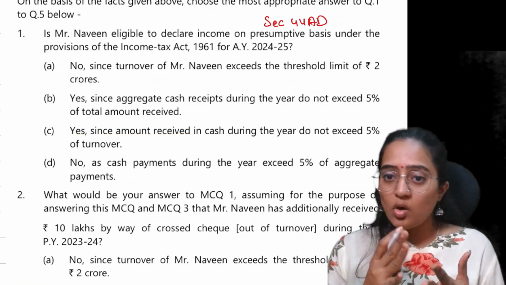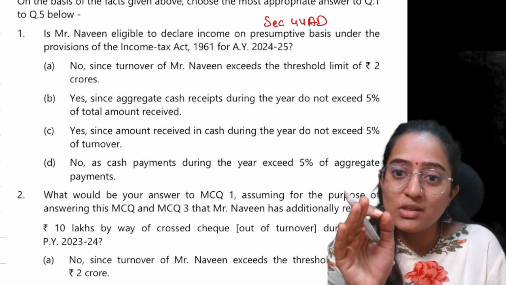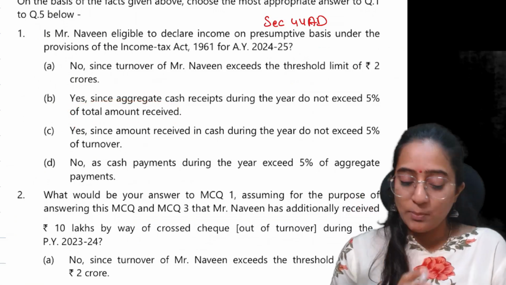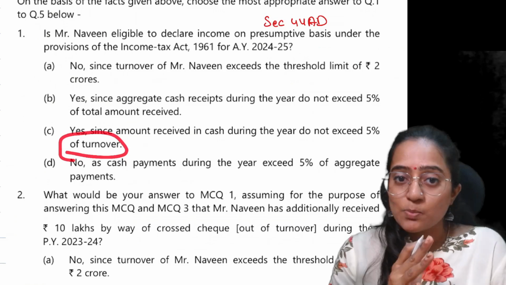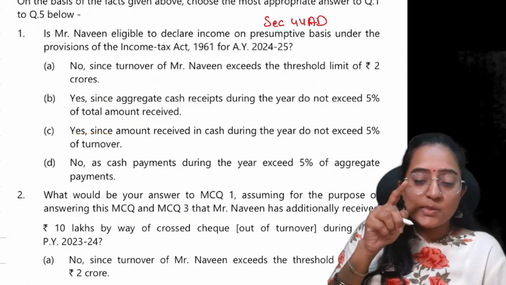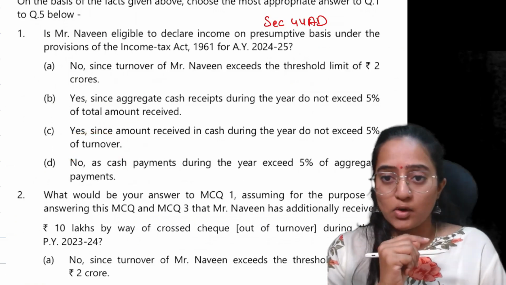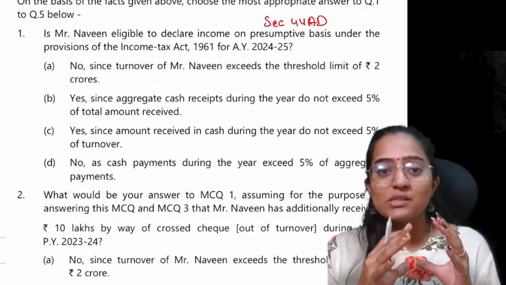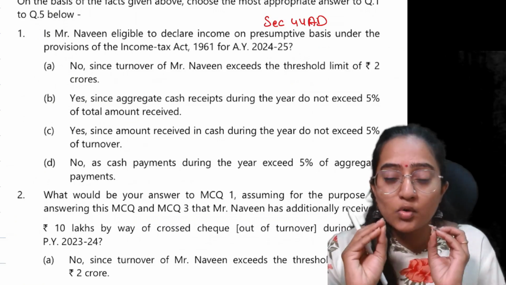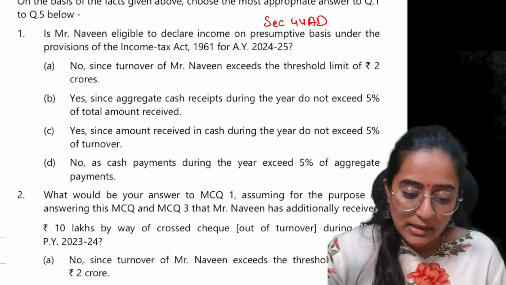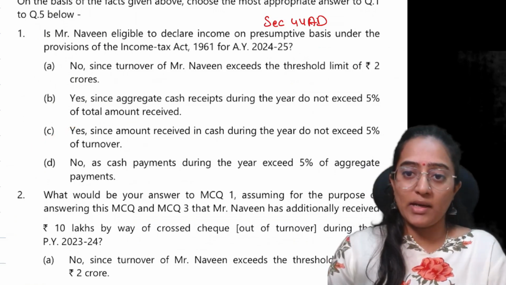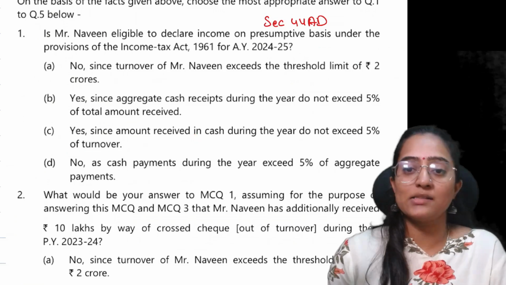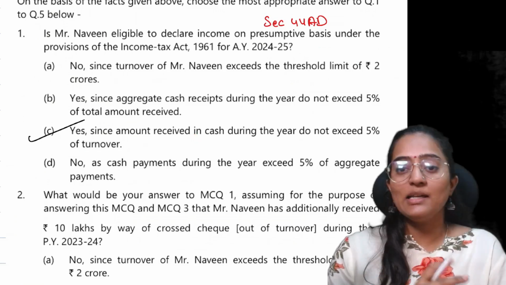Now we will be like, "Arey, both the options look similar." People, these are two different points which they are stating. See, this is the total amount received which they are speaking of in point B, and point C is giving the explanation of the turnover. And this point of 2 crore being replaced by 3 crores, and the cash receipts which you are receiving should be up to 5% of the turnover. Turnover, not the total amount, turnover. If that is the case, yes, you can opt for 44AD because the cash which you are receiving does not exceed 5% of the turnover. So the option C is the correct answer.